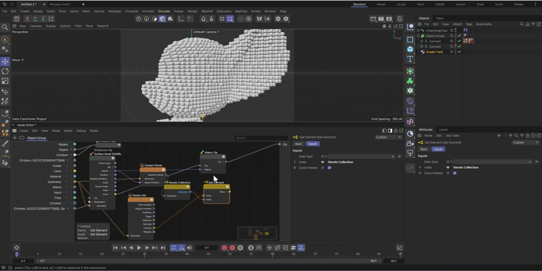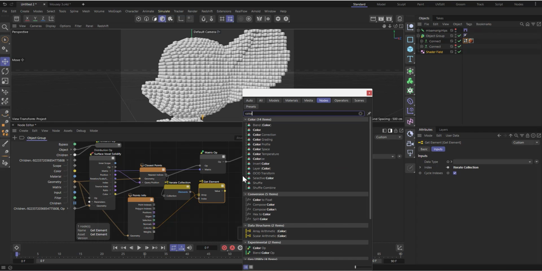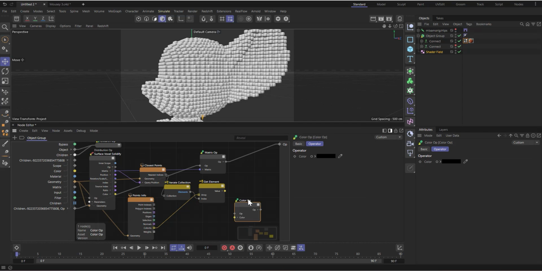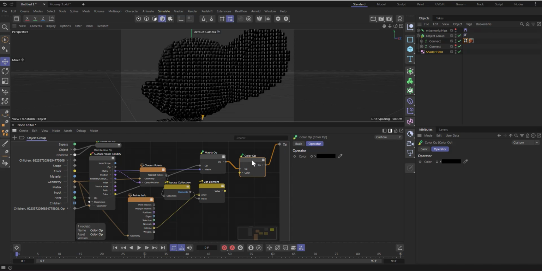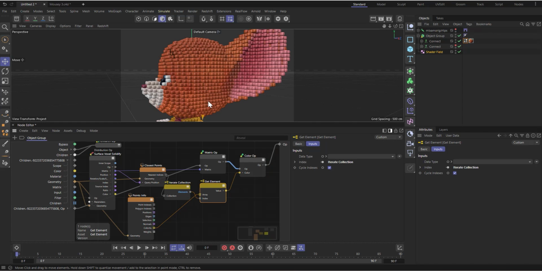But how do we get the color information? We have it here, but how do we transfer it to the cube? And remember, we talked about the color op. So I'll type C, come to color, and bring in our color op, right? And now let's connect this matrix op to the color op and connect this. Nothing has changed, but now we can see you have the color, and we don't want to use the color here, we want to use the one that we have from the get info. So we can simply drag and drop it, connect it, and you can see now every cube has the color